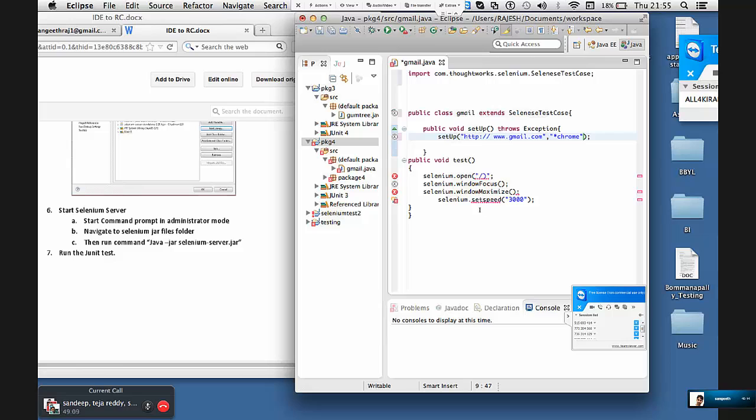Now there are no errors at all. You are seeing some more errors here, but I don't know why, because you did not type it properly. Window focus, window maximize. After window maximize, you gave something else. Do not type the whole thing. See, set speed also you got wrong. When you type dot, you will get it.